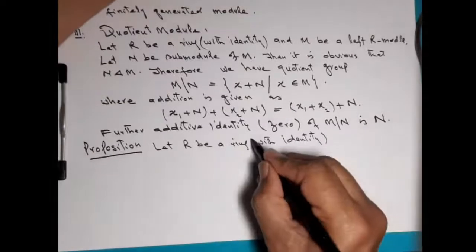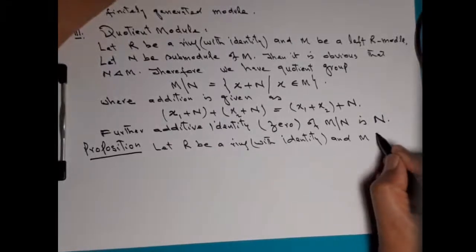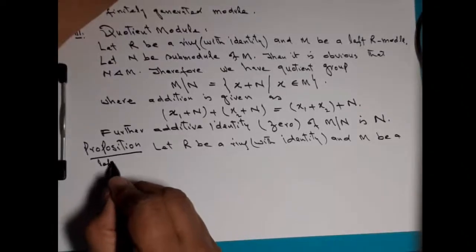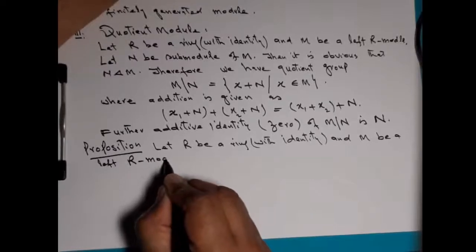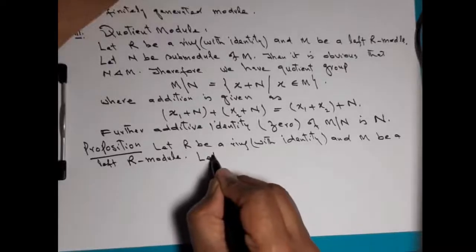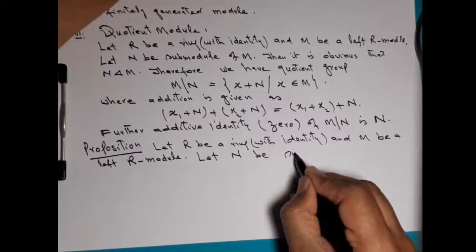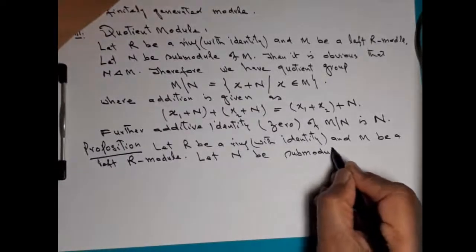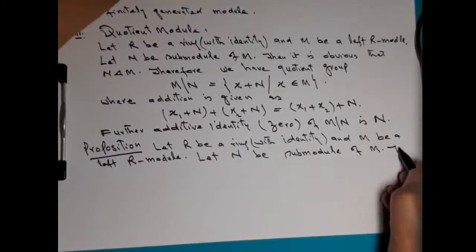Let R be a ring with identity and M be a left R module. Let N be a submodule of M. Then